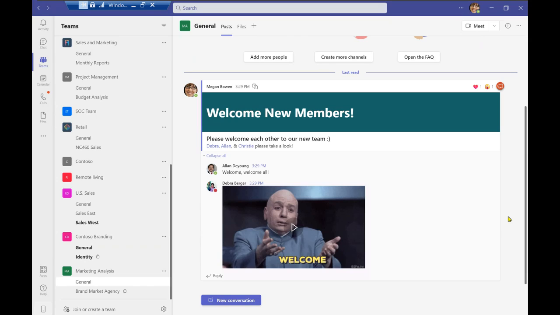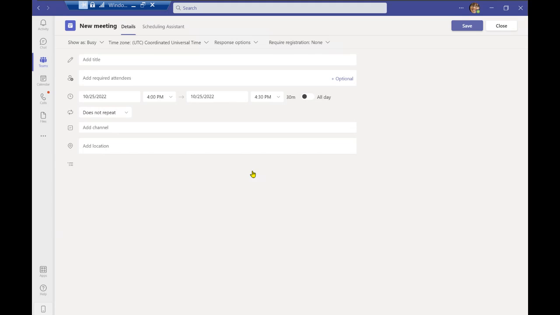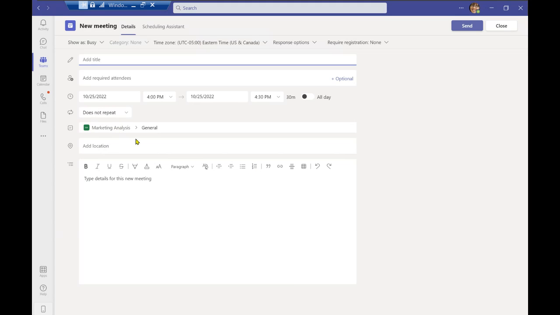And in that way, rather than writing a post, perhaps you can go ahead and start an ad hoc meeting. So if you choose to start an ad hoc meeting, you can go right over here at the top right corner and select this video camera icon that says Meet. Now, if you select the down arrow, you can choose to meet right now, which is what we're going to do, but you can also schedule a meeting, and that meeting will have the meeting details right over here, as I can show you, with that channel information.